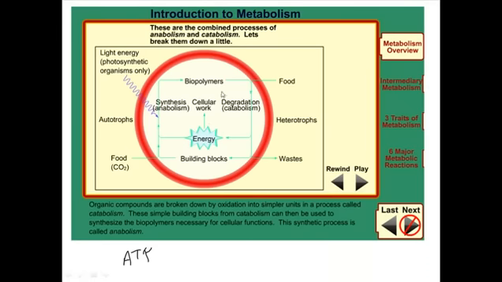So what we are looking at here is a combined process of this degradation and synthesis during metabolism. So metabolism, in a sense, is a circular way of making something and then destroying something. So we are making something, we are destroying something, so we are creating a balance of this energy. And the energy, remember, comes from the sun.